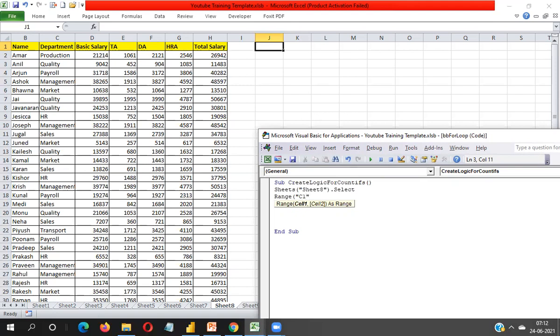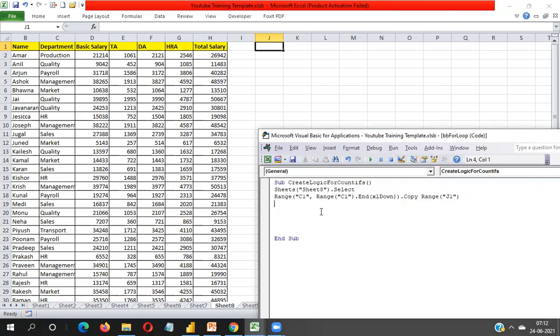I'm making the copy dynamically, so I'm writing Range C1 to C1 End xlDown. Whatever data is available in column C, you will get it copied and pasted into column J. So I'm taking the destination as J1.